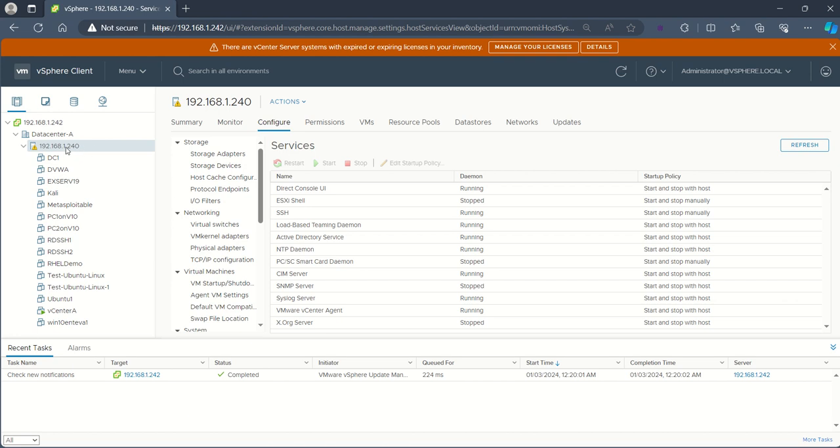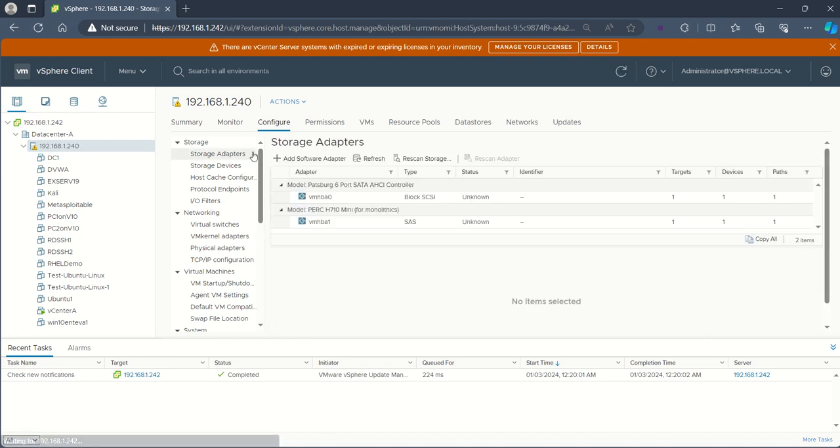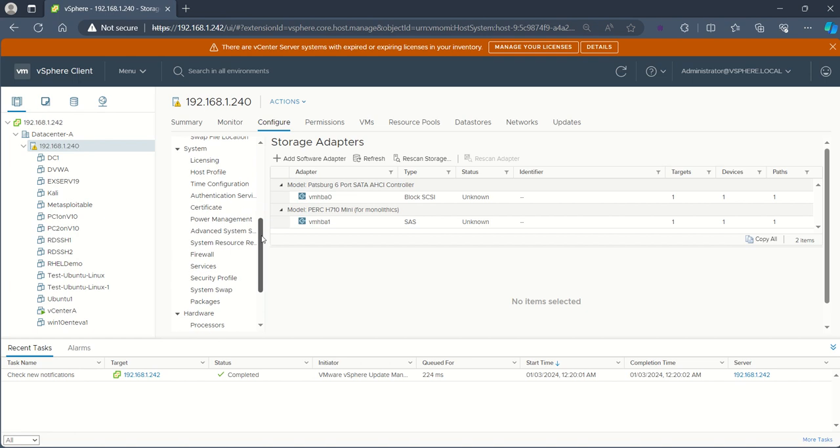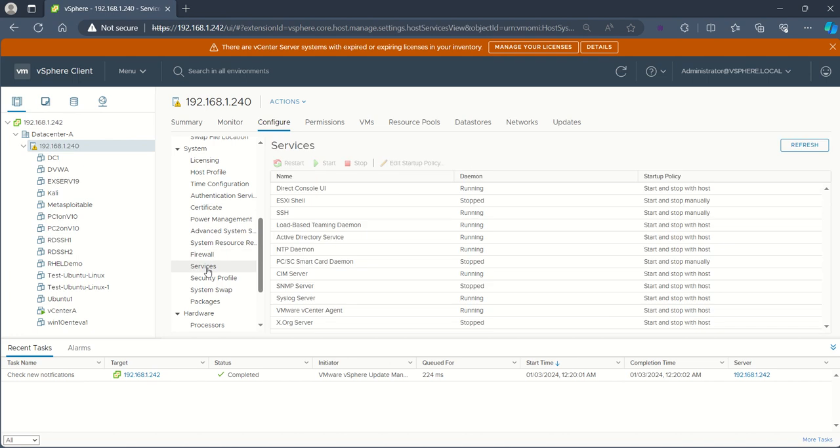Okay, back to the original topic, how we are going to be enabling the SSH service on the ESXi host. So you want to make sure that you select the ESXi IP address or the host name, and then you want to click on Configure, and then slightly scroll down until you see the System section. So right here is the System section, and then you want to choose Services, and then you will see that the SSH right here is running. By default it's not running, it's in stopped state,